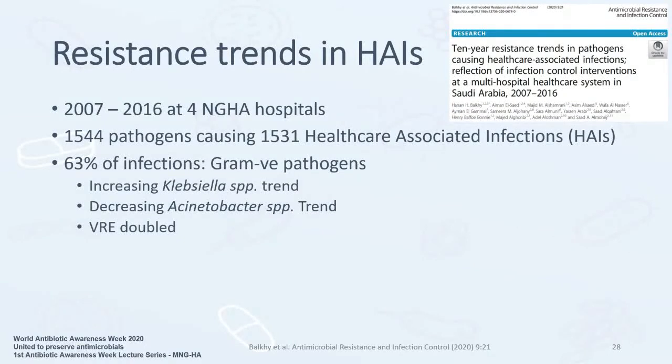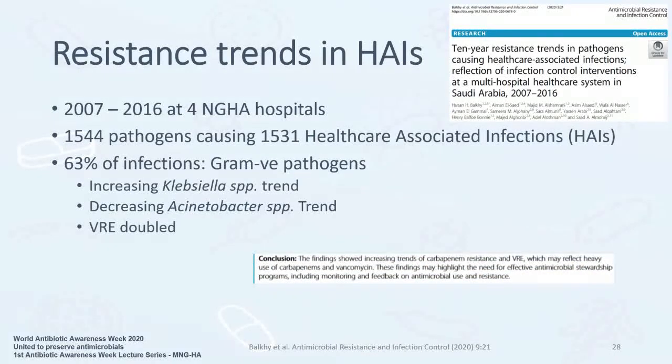So the study clearly discussed how, of course, 2007 to 2016 is quite a nice long range of data, and they were able to show how VRE doubled from 2007 to 2016, coming close to the international VRE data. The findings here showed increasing trends of carbapenem resistance and VRE, which may reflect heavy use of carbapenems and vancomycin. These findings may highlight the need for effective antimicrobial stewardship programs, including monitoring and feedback on antimicrobial use and